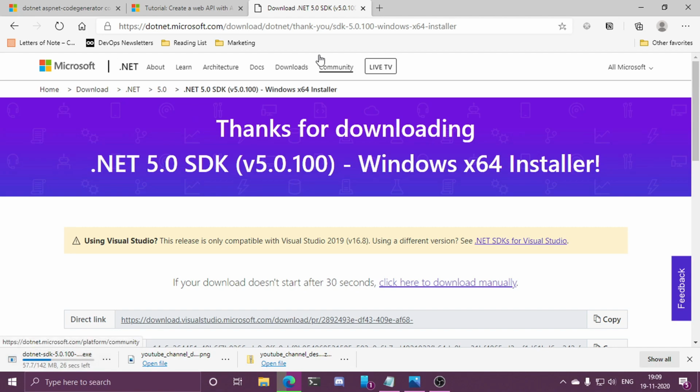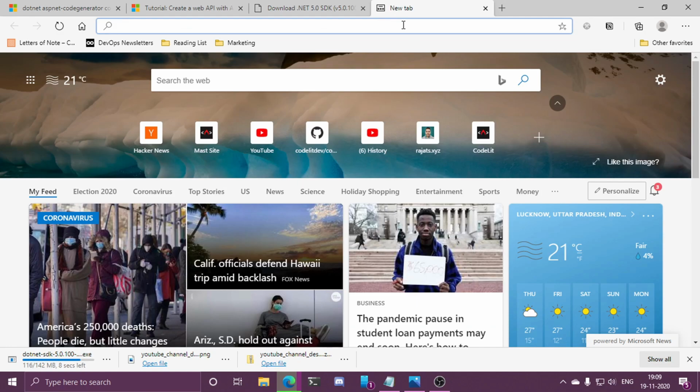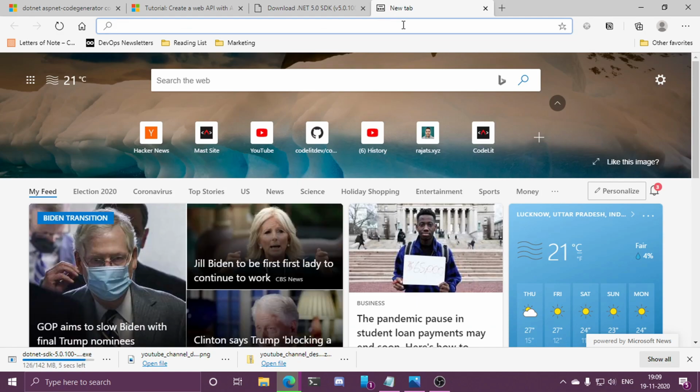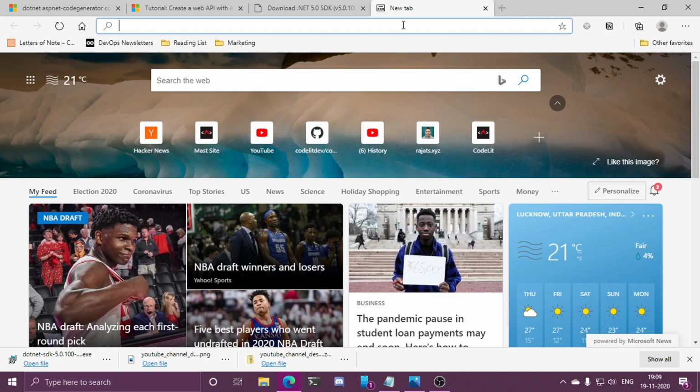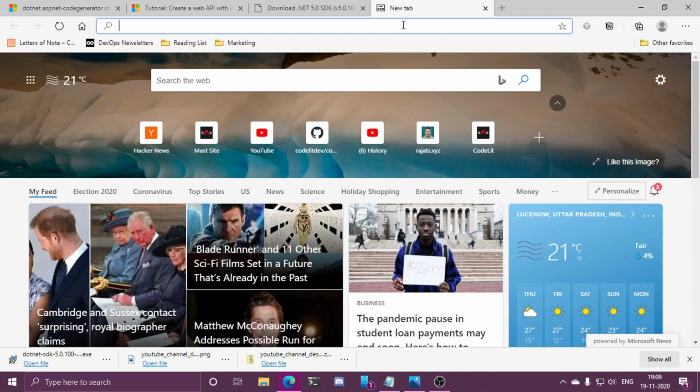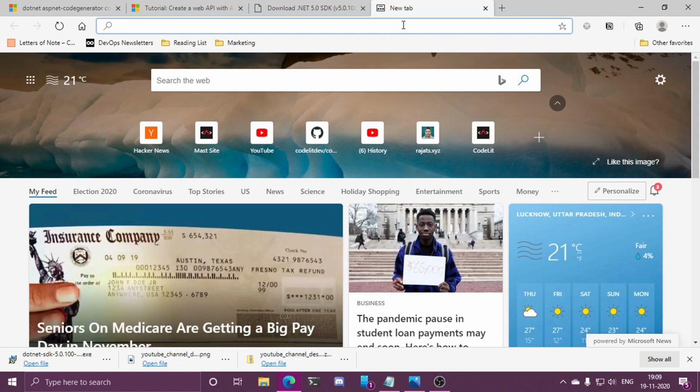So in the meantime, let's discuss what we are going to build. We are going to build a small API where we will get to see the total number of reported cases of COVID. There is an API out there, somebody has already built it. So we are going to create a small wrapper over that API, and this particular API which we are going to build is going to contain only a single endpoint, and this endpoint will report the data back to the user, and this data will contain the total number of cases along with the total number of deaths and the total number of recoveries that have happened since day 0 of COVID-19.